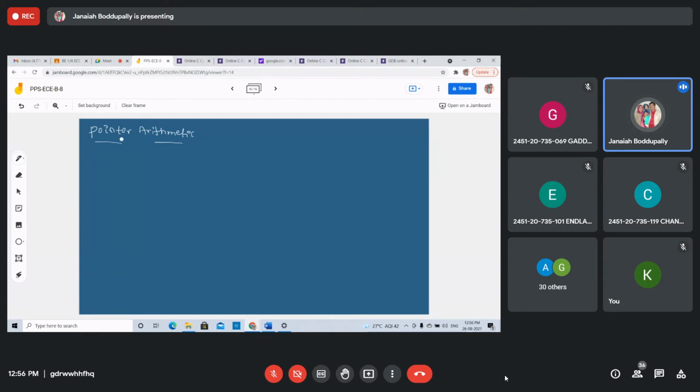Pointer arithmetic. See these two ends. ptr is a pointer. Then ptr + 2 is a valid statement. ptr++ is increment and ptr-- is decrement. All these are pointer increment and pointer decrement, all valid statements in C. ptr1 - ptr2 is also valid, if ptr1 and ptr2 are two pointer variables. Next.